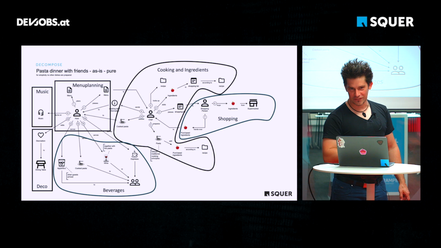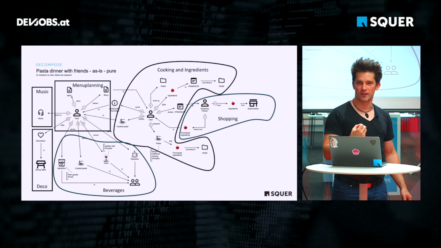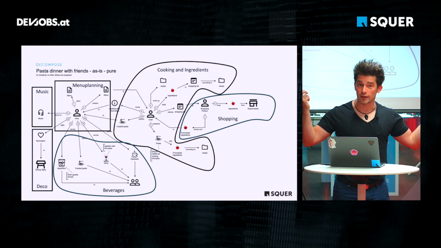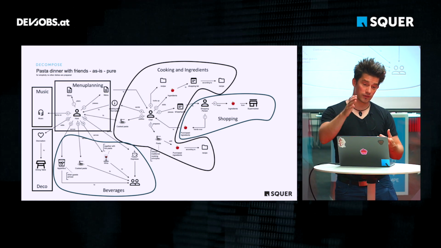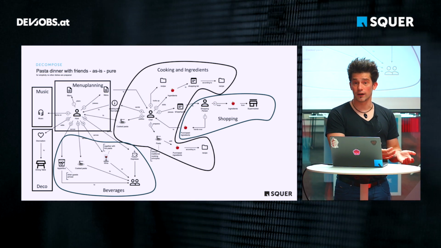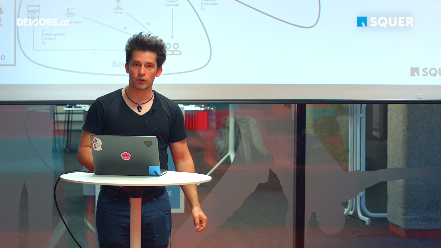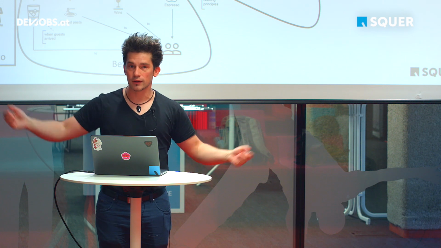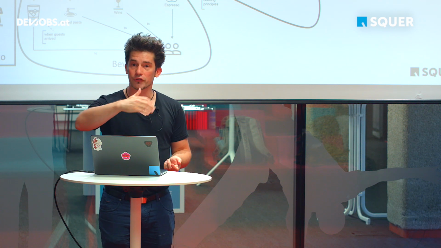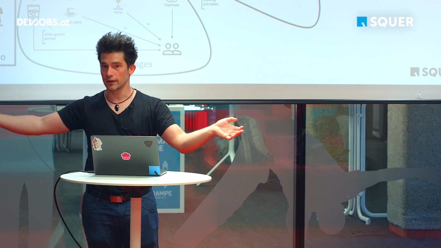So that's something you could think about: where in this area would you think about digital assistance? Where does it make sense? Also, where does it make sense to put artificial intelligence inside? My example, and this is a spoiler, would be that menu planning would be a perfect area where you can use artificial intelligence, because if you have your whole menu and you want to plan it every day or every week, maybe this AI part could support you in creating a perfect chain of menus that you can plan,